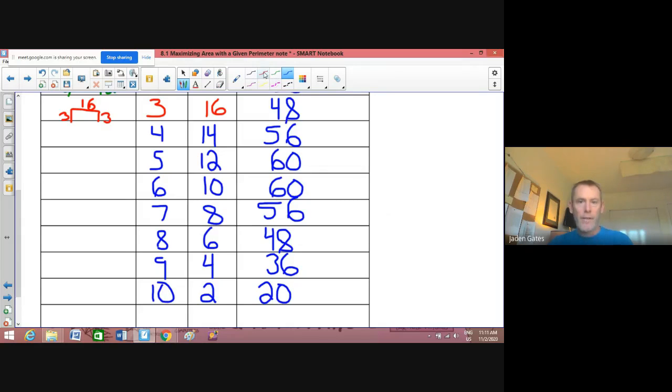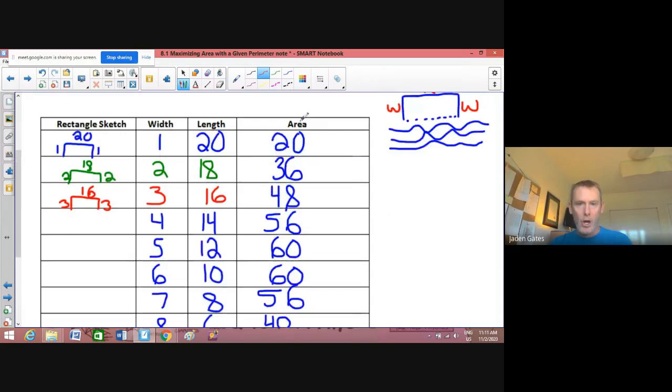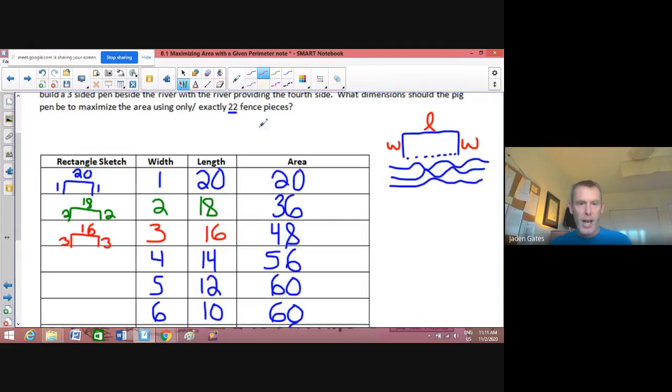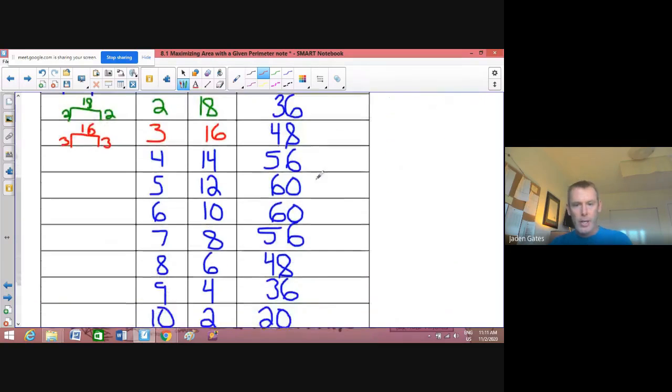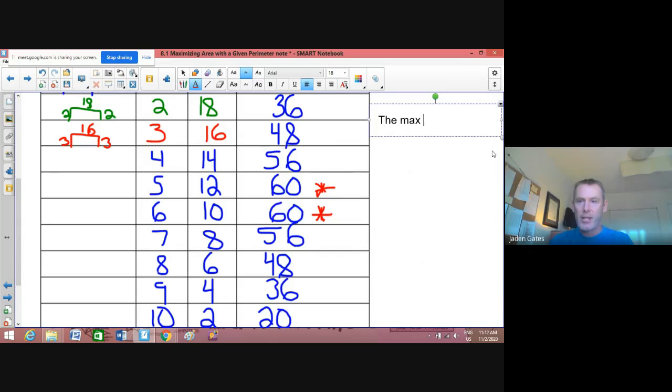All right, so if I'm looking for the largest area, because all of these have the exact same perimeter, we got 60 here is the largest. Oh, and so is this. And so we have 2 answers this time. So that can happen. All right, so therefore, the max area